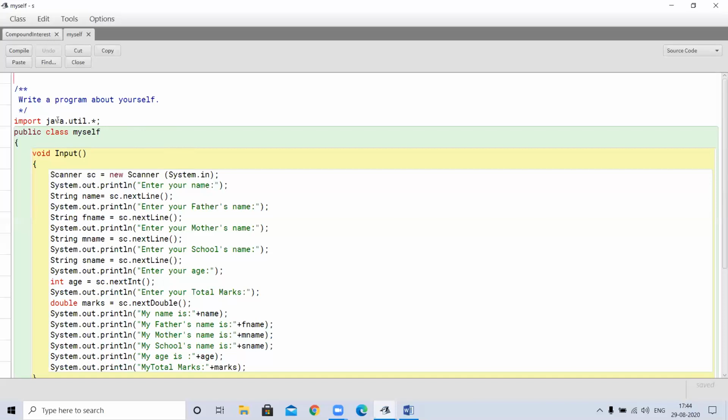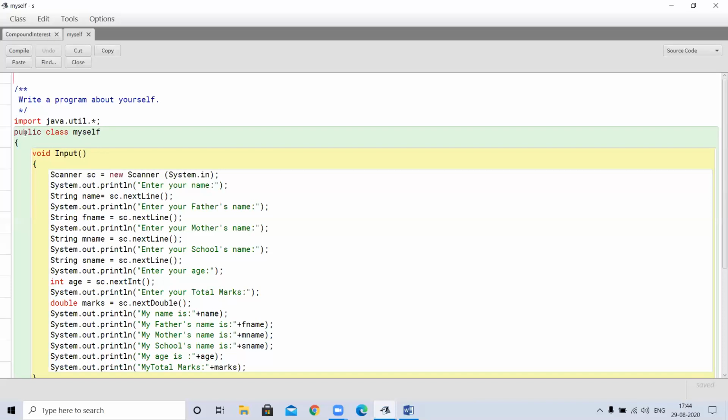That's why I have written import here, meaning to use this package util, import it. What will it import? The entire util package, for which I have given dot star. Star means all the classes, including scanner, we can avail here.